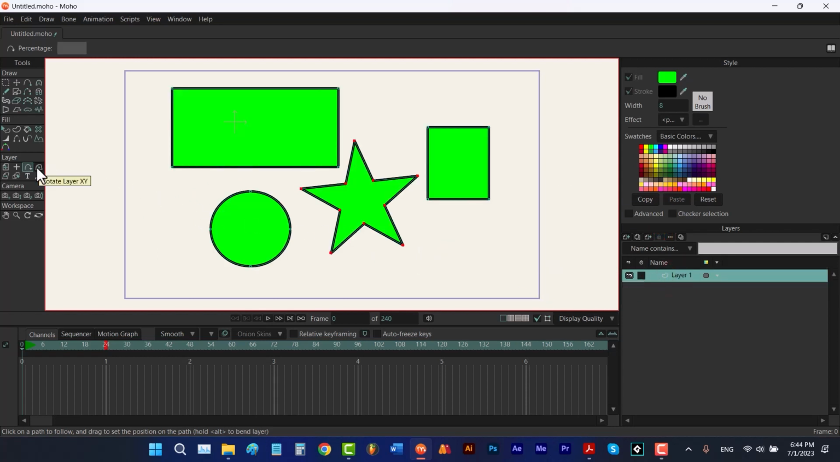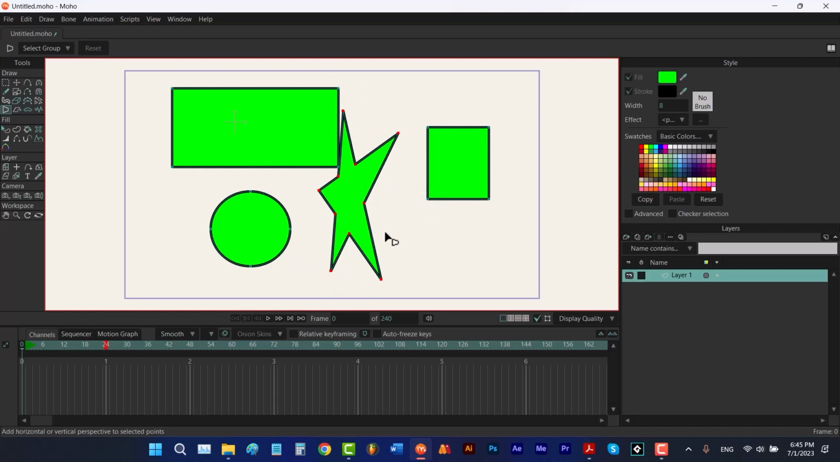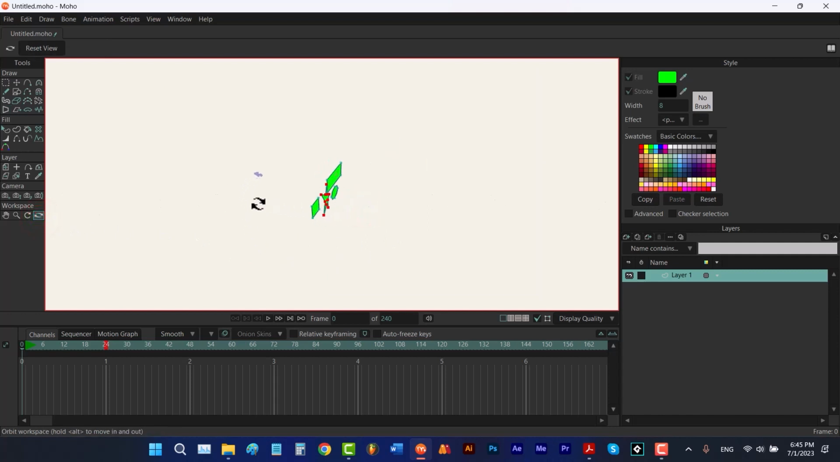Next, we have Rotate Layer XY. If we select it, we can actually rotate our layer in 3D space. We had a similar tool when we were talking about this section. This tool, Perspective Points, only affects the points that we have selected. So right now, because the star is selected, if I drag to the right or left, I can create an illusion of perspective. But as I explained it to you, if we orbit around our shapes,